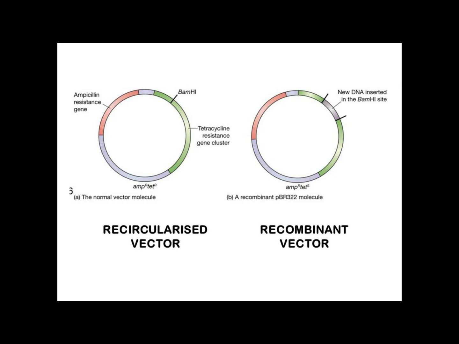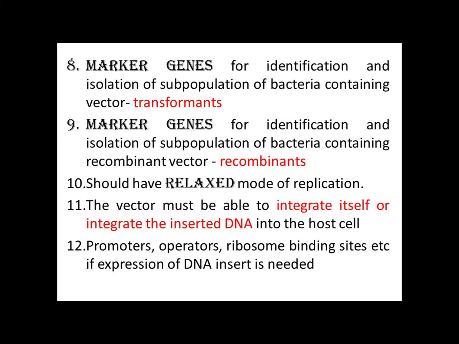Such host cells are of no use to us, because the host cells have taken up the vector, but the vector does not contain the foreign DNA. And in some cases, there are steps by which we allow the vector DNA to enter into the host cell. That step is called transformation, and that step is also not 100% efficient. There will be many host cells which do not take up this DNA from outside. Such cells are also of no use to us. Those cells which do not take up the vector DNA are called non-transformed cells.